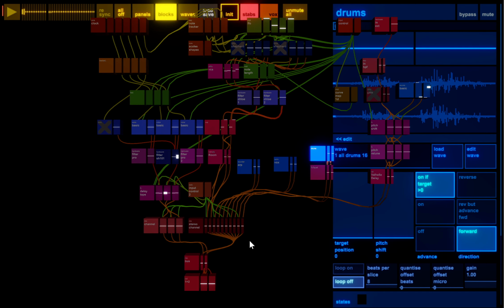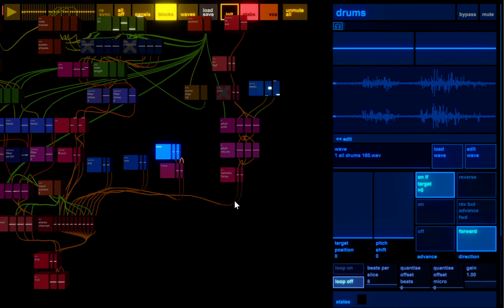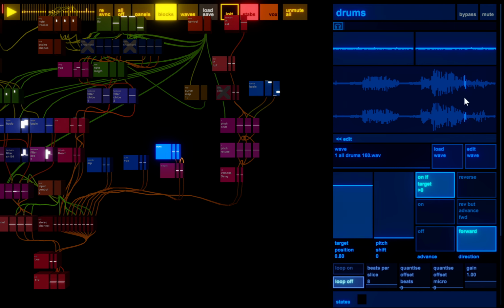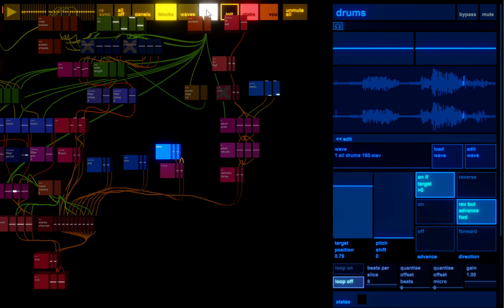But this block called Wave Scan lets you move through. It's quantized in time, having told it where the grid is and how many beats each grid line is. Then you can just jump through stems, which for the few bits and pieces that you're not going to actually synthesize live or recreate, is quite a useful way of turning a static performance into something that you can then re-perform by messing with it. Yeah, I don't want to mess around too much with that.